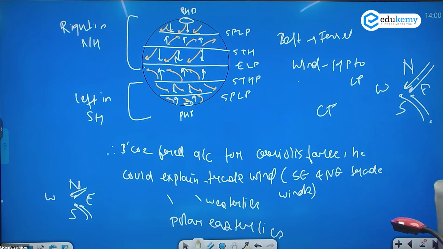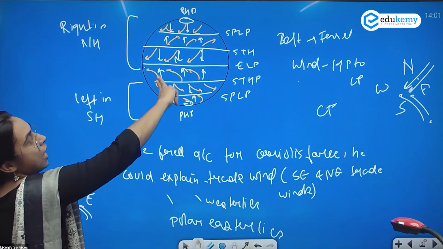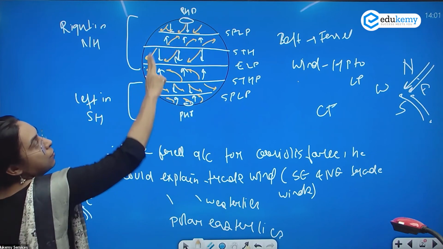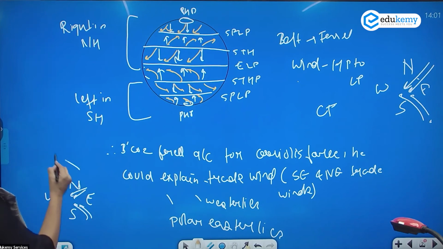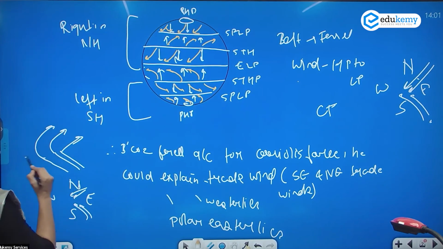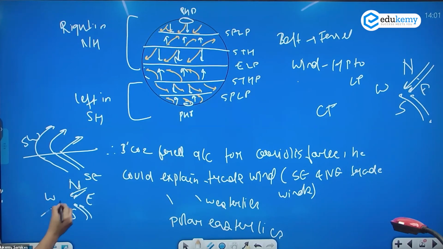जो आपकी southwest monsoon winds है, what are those? ये जो southeast trade wind है, after they cross the equator, they turn right, and therefore they become like this. So southeast winds, after crossing the equator, they turn right, and they become southwest. This is southeast, and this is southwest. Southwest is like this. Got it?